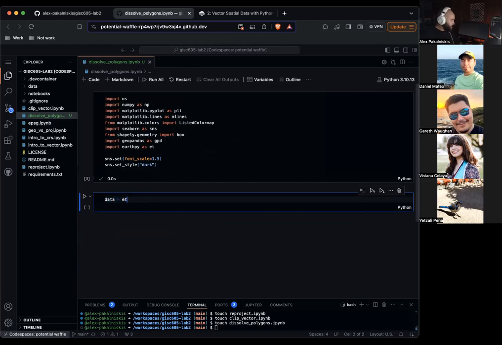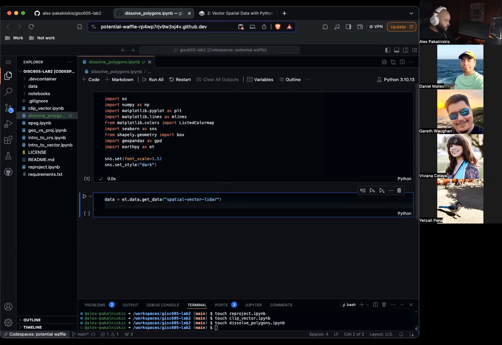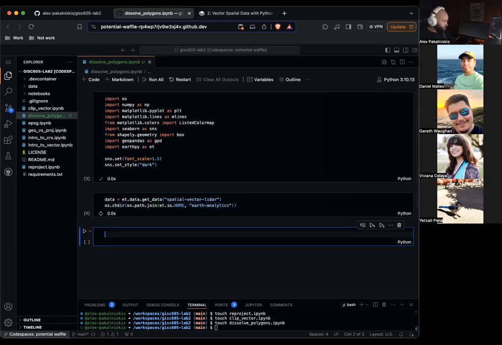Data equals et.data.get_data spatial vector lidar. os.chdir os.path.join et.io home earth-analytics. Now let's import the data.